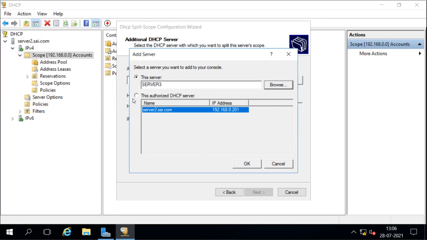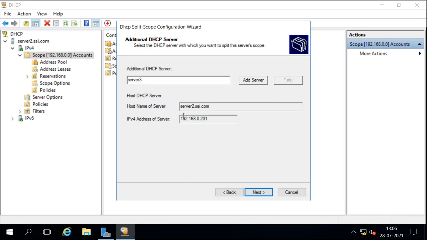So I have added the other server name here, and I will press OK. Now it is checking whether the other server is valid or not. Valid means the other server has the DHCP role installed and it is also authorized in the Active Directory domain. So it has checked all those things, and then it says this server is added.